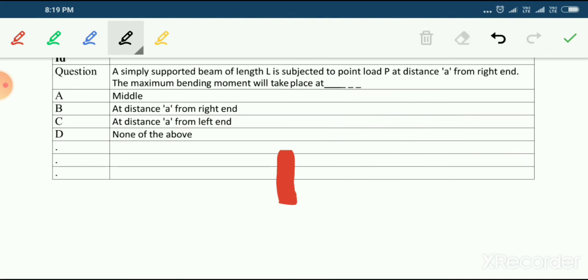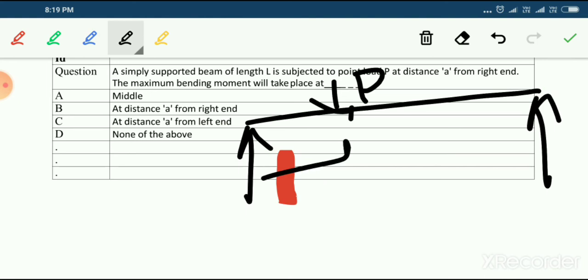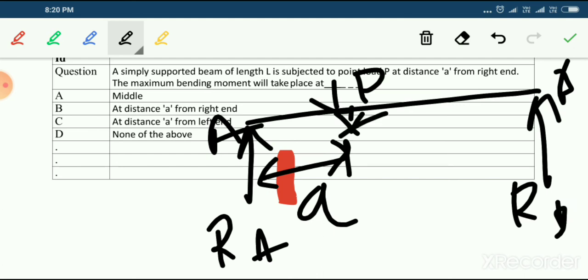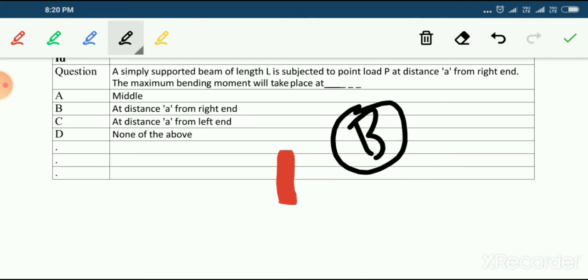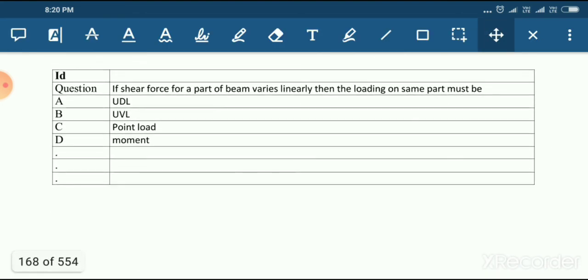Okay, we'll move further. If you are confused about calculating these things, you can calculate this one. I think you know how the bending diagram is calculated. This is point A and this is point B. According to that, you can calculate the support reactions. You have to calculate RA, RB, and take the bending moment at this point. If you calculate, the maximum bending moment will occur below the point load. So for this question, B is the correct answer. Okay. Next, if